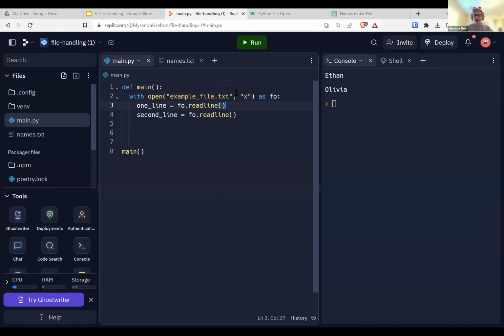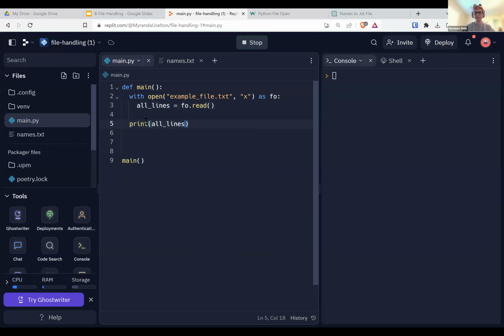So if we want to create our own file here, I can say with open examplefile.txt with X as our permission as fo. Let's just see what happens if I say fo.read. I'm going to say all lines equals fo.read and then print all lines.